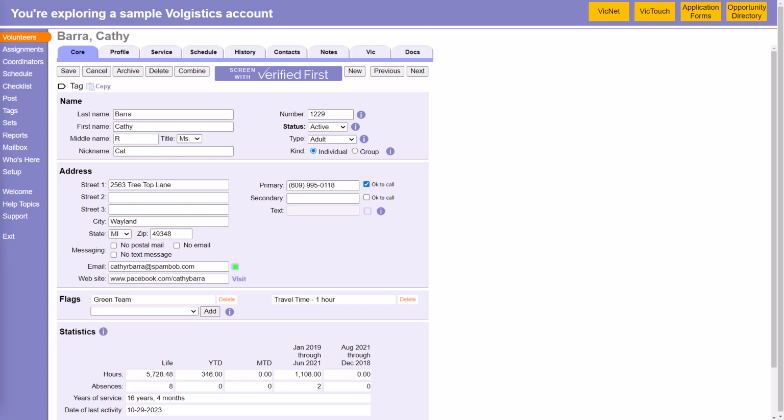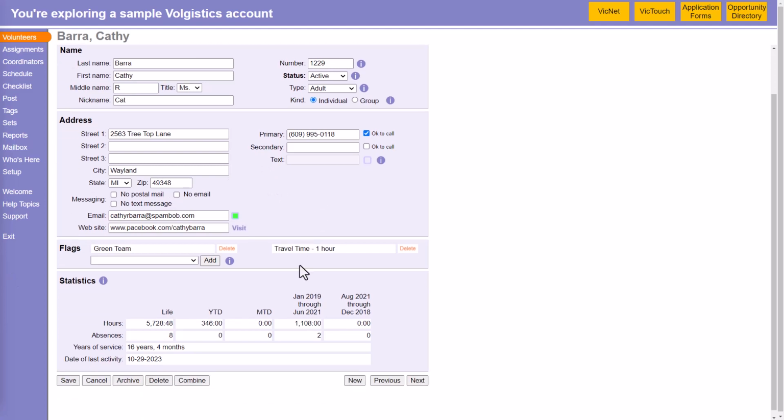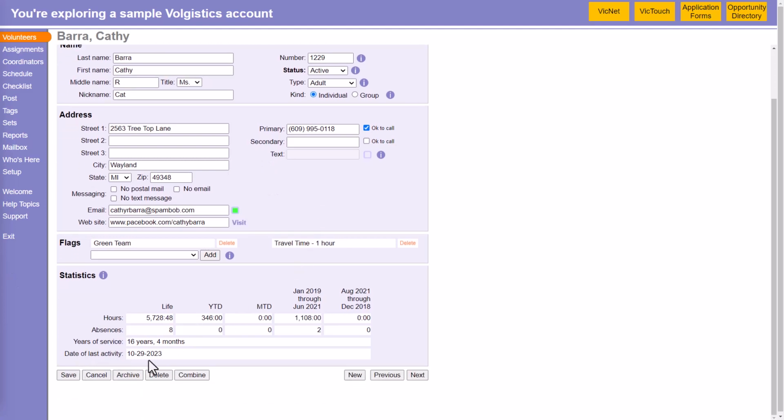A common question for our support team is how to find the date a volunteer first served. In Volgistics, you probably know that on the core tab here, we keep a record of their date of last activity. That's their most recent service, but we don't have a field for automatically tracking the first date that they served. And so while we can't do that in Volgistics, I did find a way we can figure this out